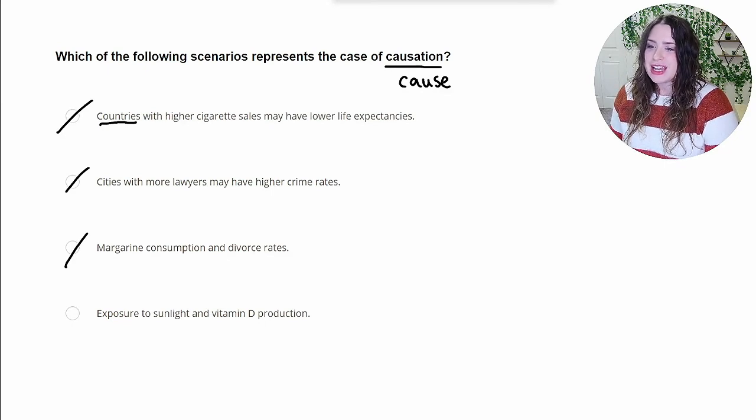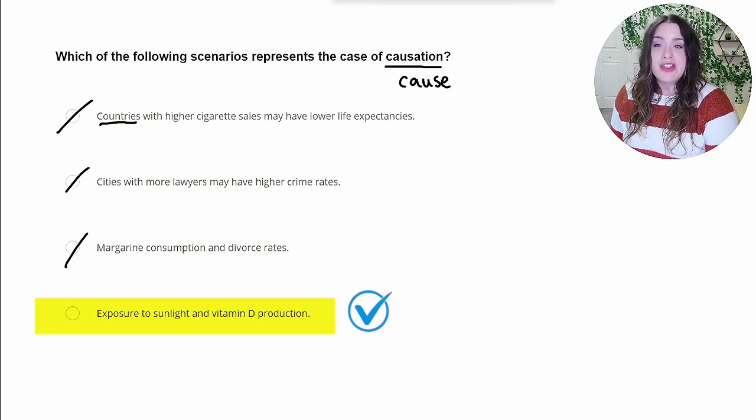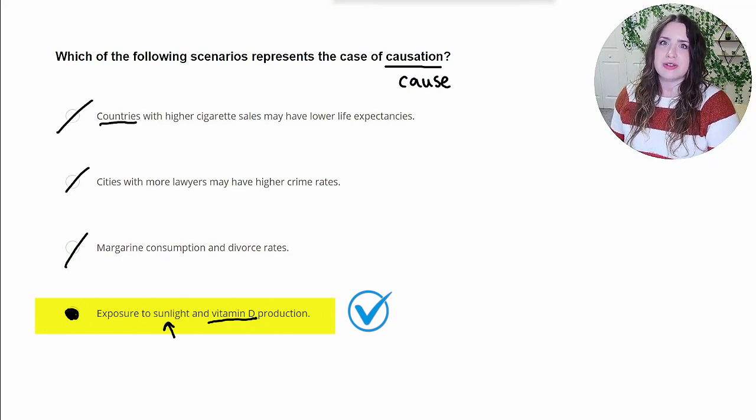Exposure to sunlight and vitamin D production. This would be a causal relationship because one of the main ways that we get vitamin D is through the sunlight. So we know that scientifically getting sun leads to vitamin D production. So that would be a